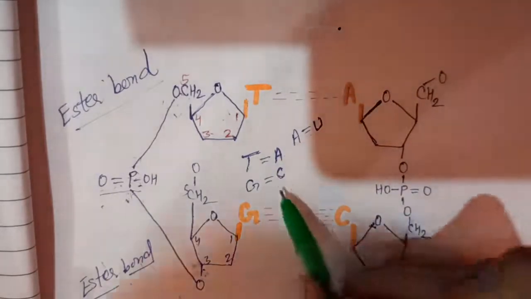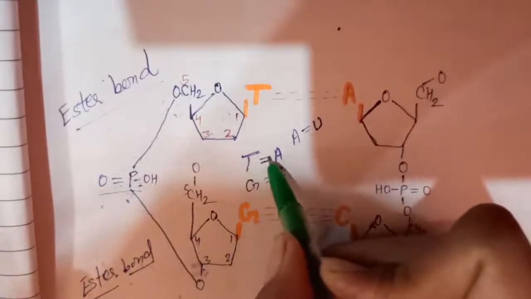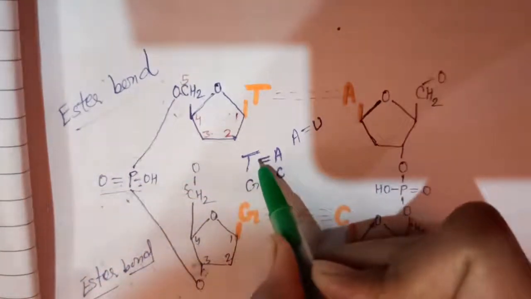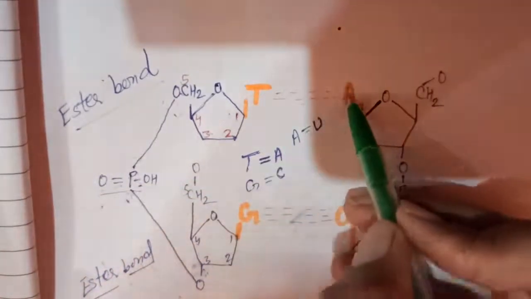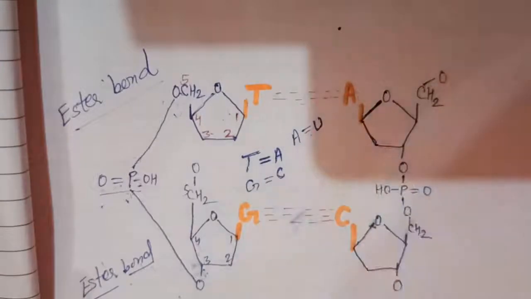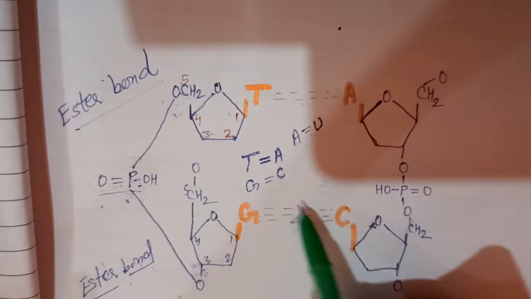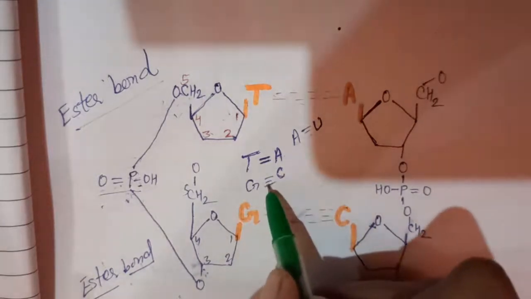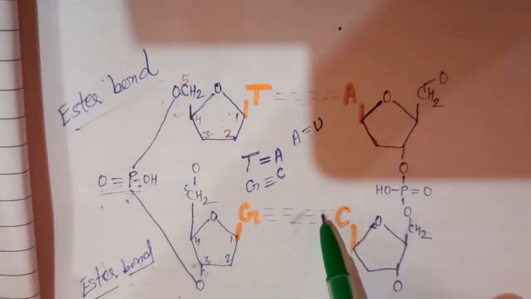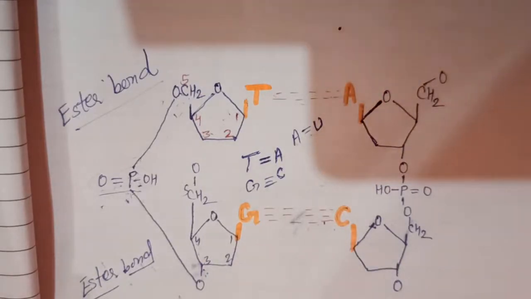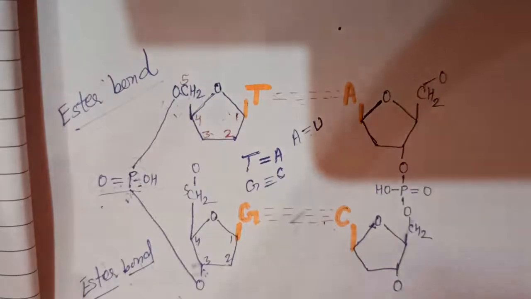Now one more thing you need to understand, that here between the thymine and adenine there is always a double hydrogen bond. You can see here this bond, this double hydrogen bond is present here between thymine and adenine. But guanine and cytosine are always paired with each other by a triple hydrogen bond. As you can see these 3 lines here, 1, 2, 3. Okay, so these are always paired with 3 hydrogen bonds. So these things you need to remember about the structure of nucleic acid.